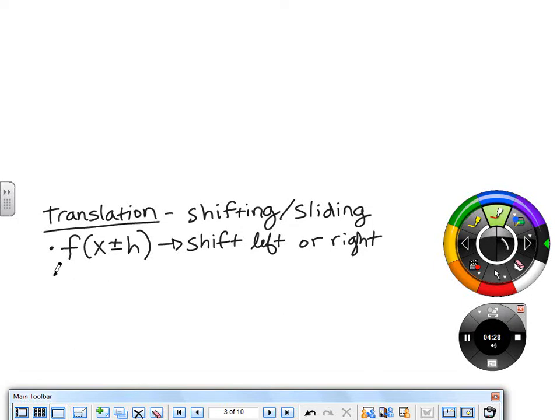So if we wanted to shift up or down, was that k value from our absolute value function also inside the absolute value bars? No, it was once you're done with the absolute value function, right? Then you add or subtract this extra amount. So the stuff that shifts things up and down happens as a plus or minus, but it happens once you're done calculating the function. So after the square root's been calculated or after you've squared something,